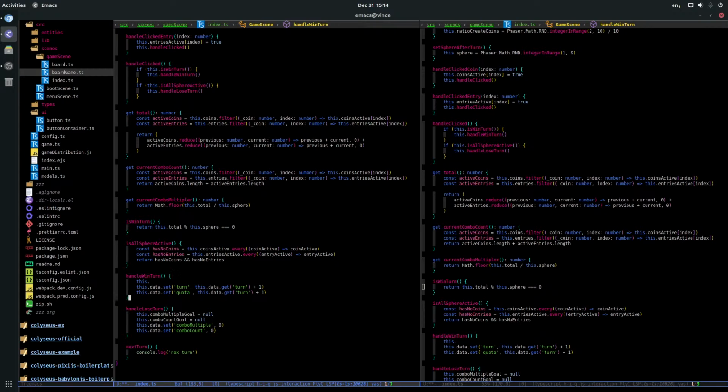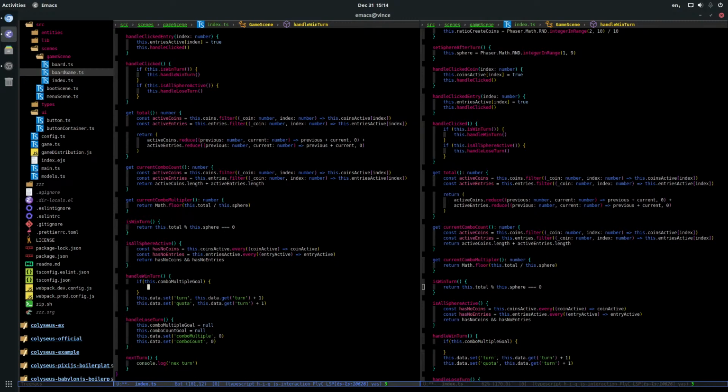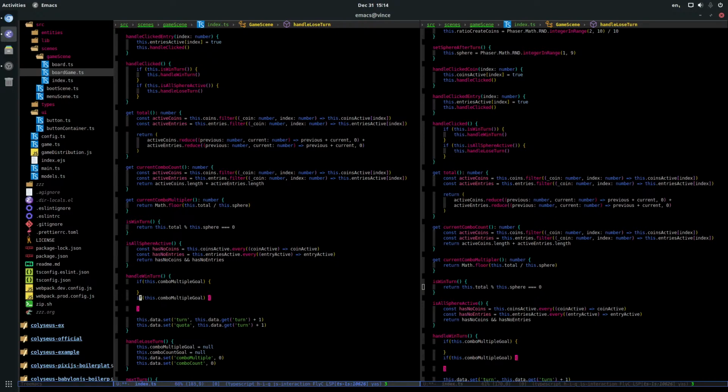So I need to check if this combo. I need to check that. Same thing with my combo count goal. And I need to set. So if it's null, my combo mythic goal is going to be 0, and my count is going to be 0,